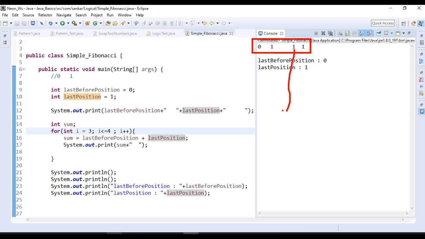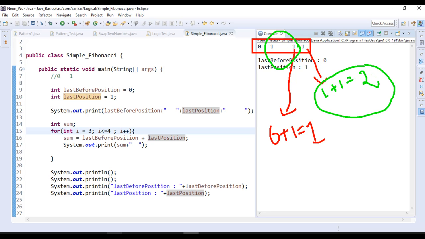See, how we got 1 here. We are performing addition of the previous two numbers, that means 0 plus 1, the result will be 1. Same like that, how will we get the fourth position? By performing addition of the previous two numbers, that means 1 plus 1, then only that result will be a 2. Am I right or wrong? But here still we got 1. I already told you in the last step, here it is still performing 0 plus 1. For that reason, the fourth element also still gives 1.